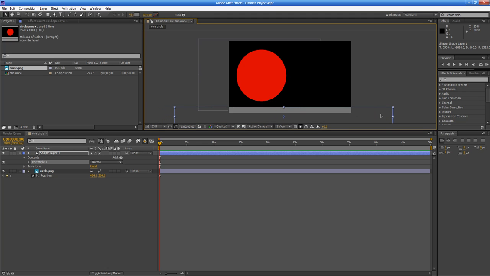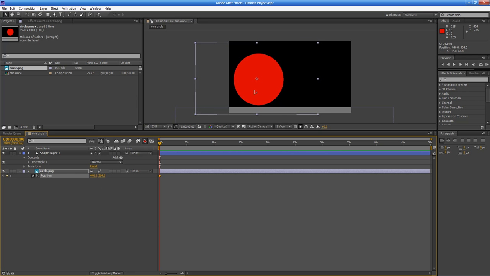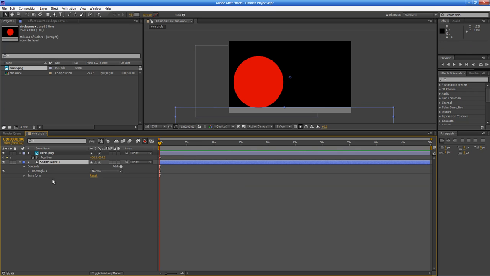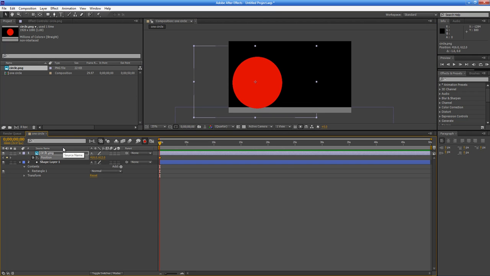So here we have this new shape layer. We can move this independent of the other layer, and I'm just going to go ahead and place it where I think it's fair. And I'm going to go back to the circle layer and place it right on there. And if you notice right now, the sidewalk here, the gray, is actually in front of the red. So if I want to change that, I just click it and drag it down, and now you'll notice that the circle is above, or in front of, the other layer. So I'm going to leave that there,